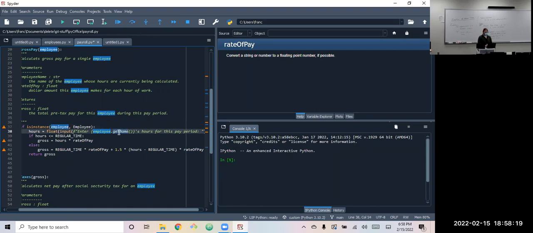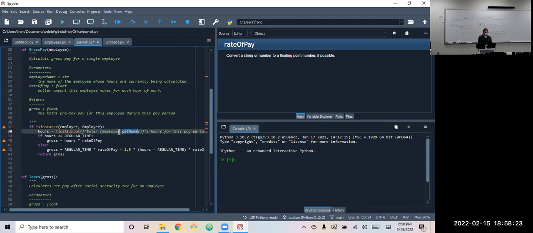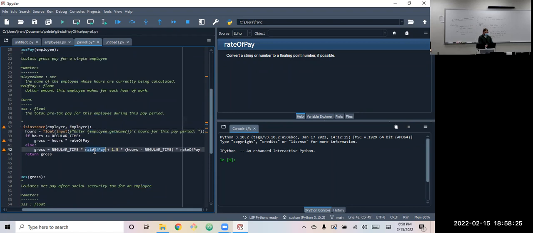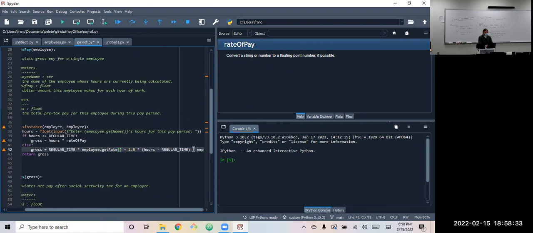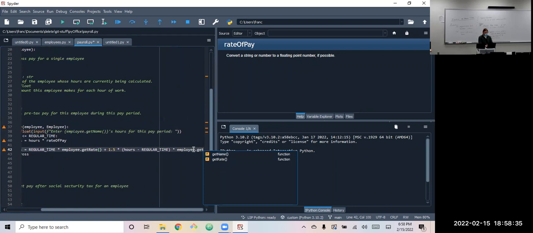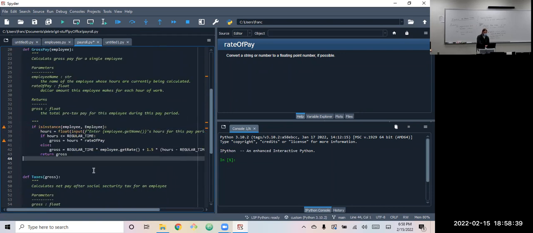So that's the polymorphism. We know we can be certain that it's always going to be there because it's inherited. Same thing with our rate. We have that custom type of data. So we want to use that custom data as much as possible.